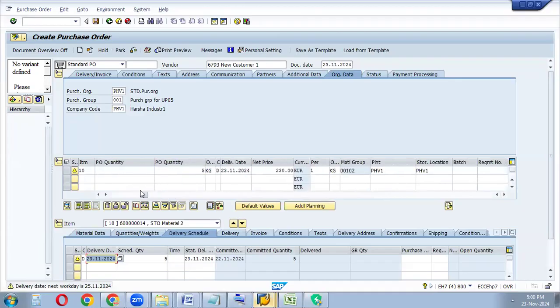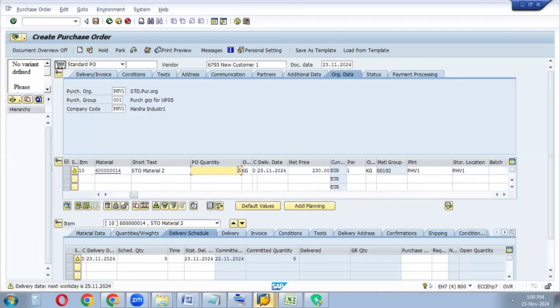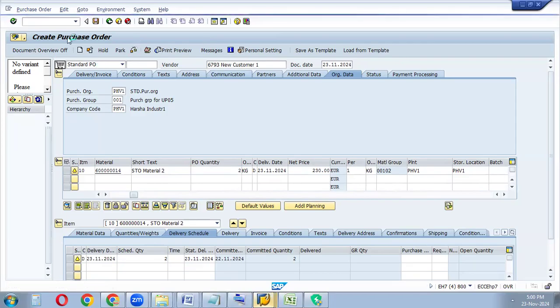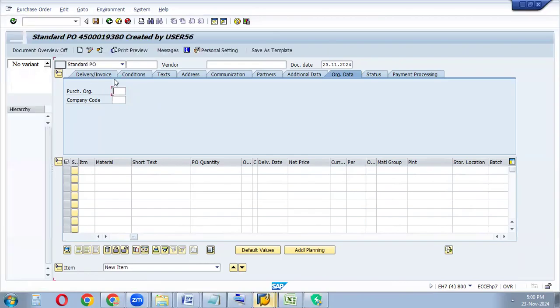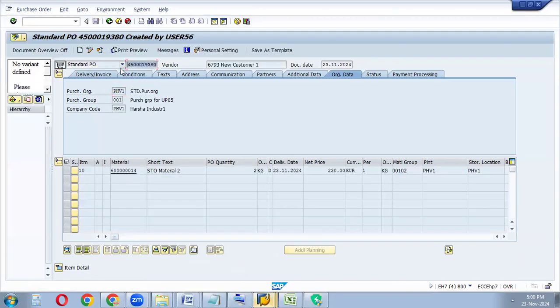So now I just give the quantity, okay, just 2 or anything. So I just give 2 quantity and just check and save it. Now the new HTO is created. Yeah, I just copy this and